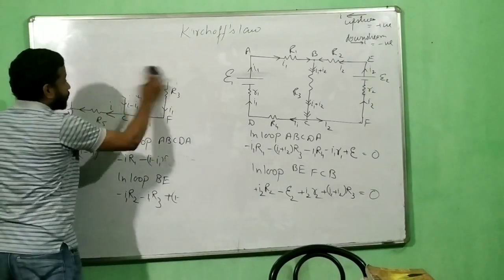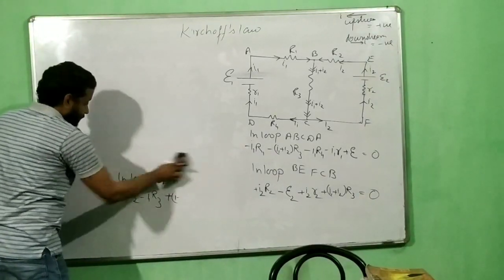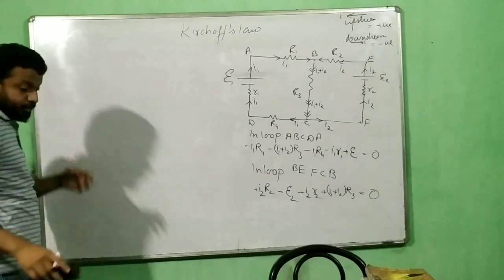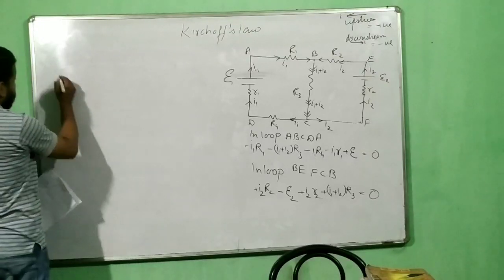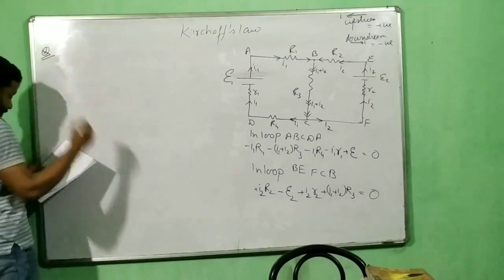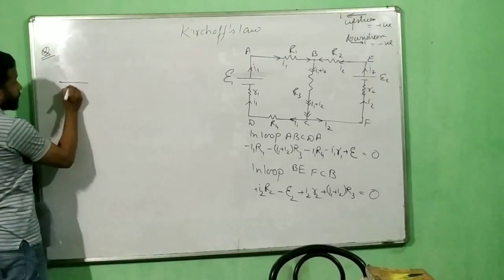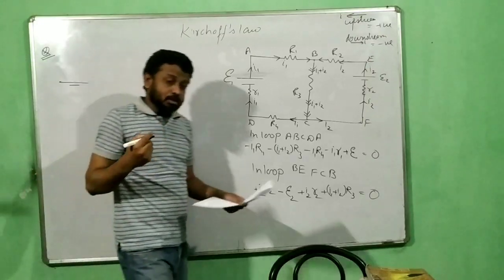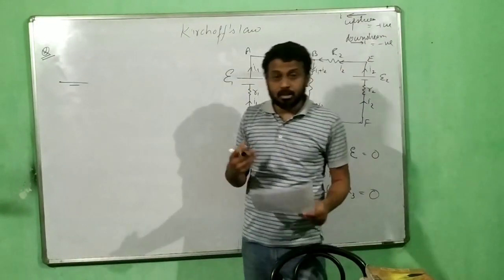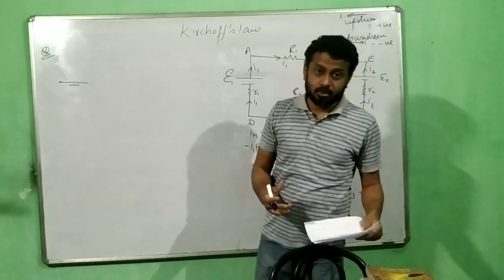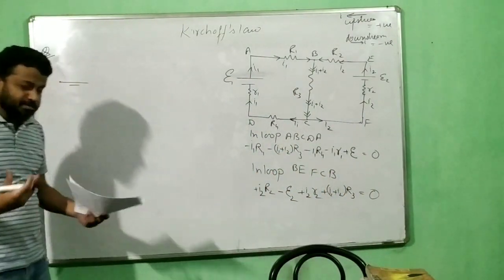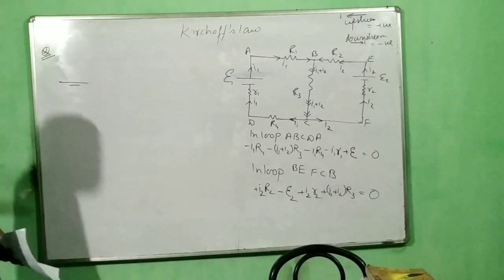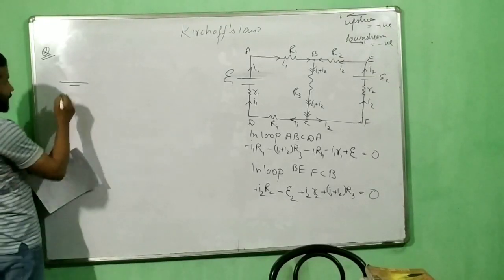I will discuss one more question with numbers, with the numerical values given to you. So here it goes, the next question, and then you should try. The only way you can become a master in Kirchhoff's law is by practicing questions. You cannot master this overnight. Spend 2, 3, 4 days on it. Do as many questions as possible.